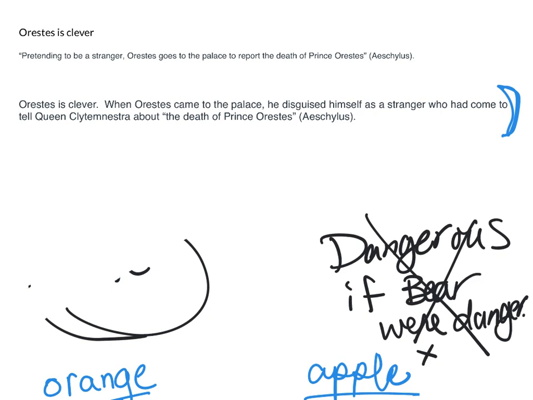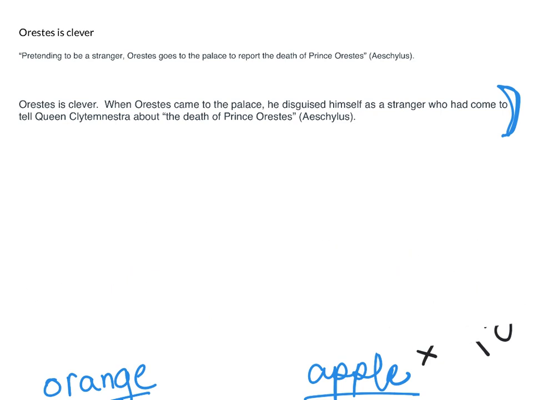So let's go back to Orestes and let's actually set up the contrast commentary. And contrast commentary always starts by going into that if statement. So I have an if statement. Now, what is the opposite of what I'm trying to prove? I'm trying to prove clever, so I go for the opposite. If Orestes were foolish, what would that have looked like? Well, if he were foolish, he would have charged